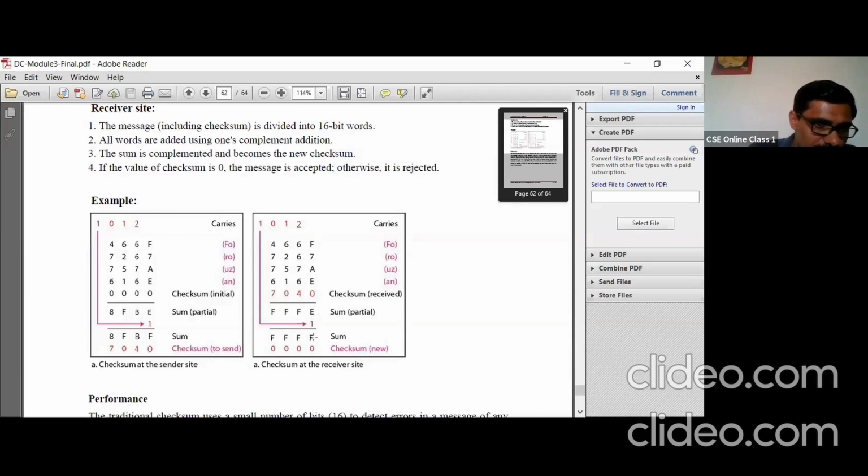Then if you take the 15's complement, you will get 0, 0, 0, 1, because this is E, its 15's complement will be 1 here. So 0, 0, 0, 1 you get. That means it's a non-zero value. Now the receiver will conclude that there is an error here. But where that error is, it is not detected. Simply the data is discarded. There is no correction, it is only retransmission here.